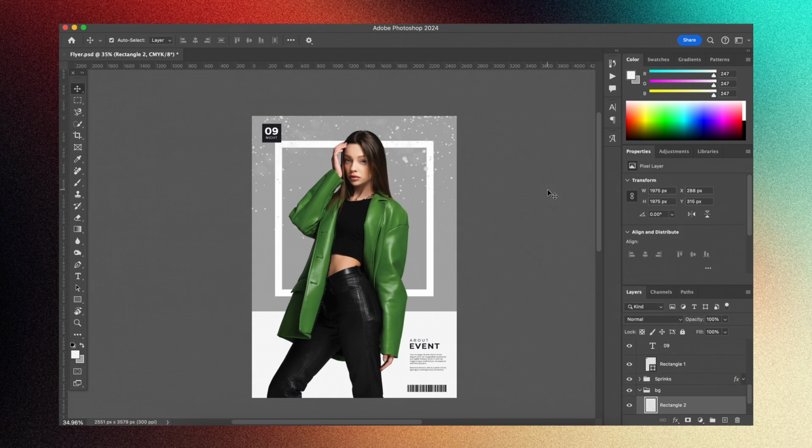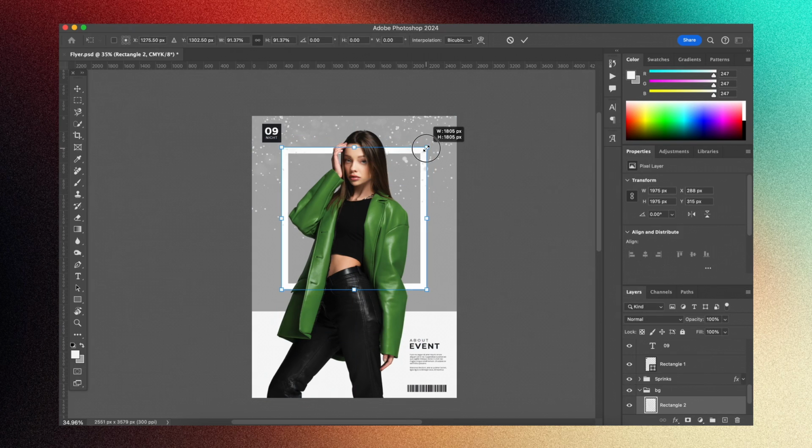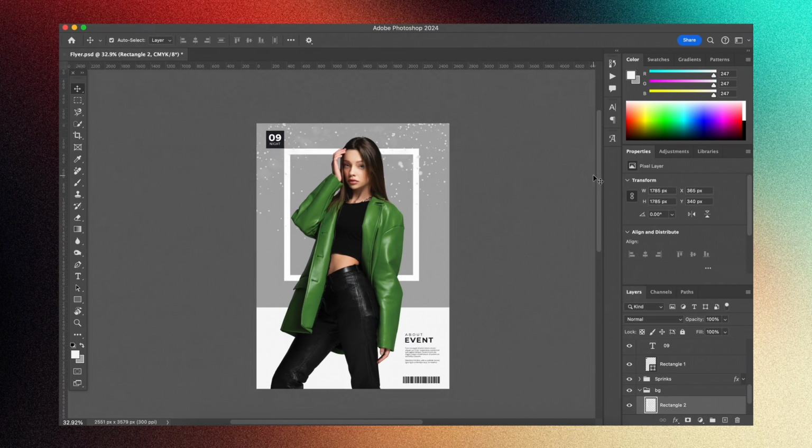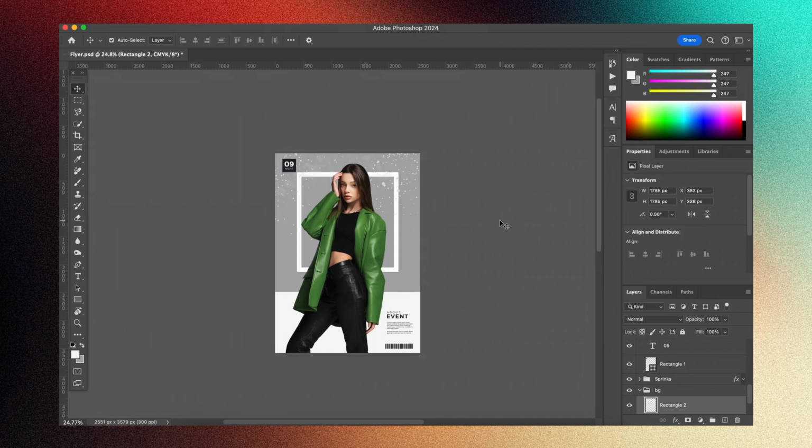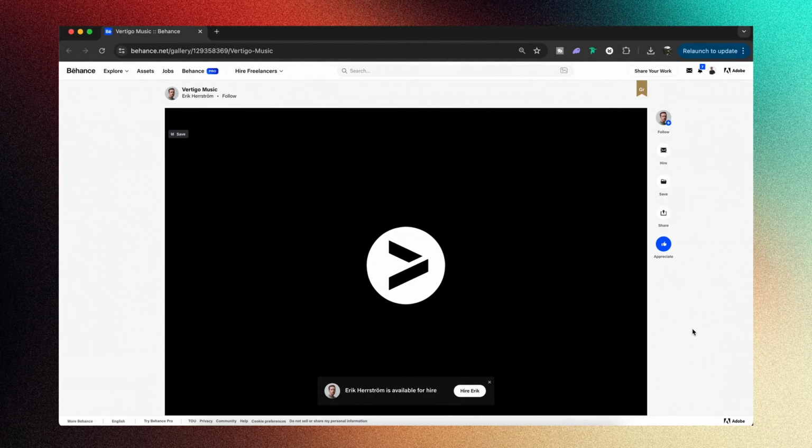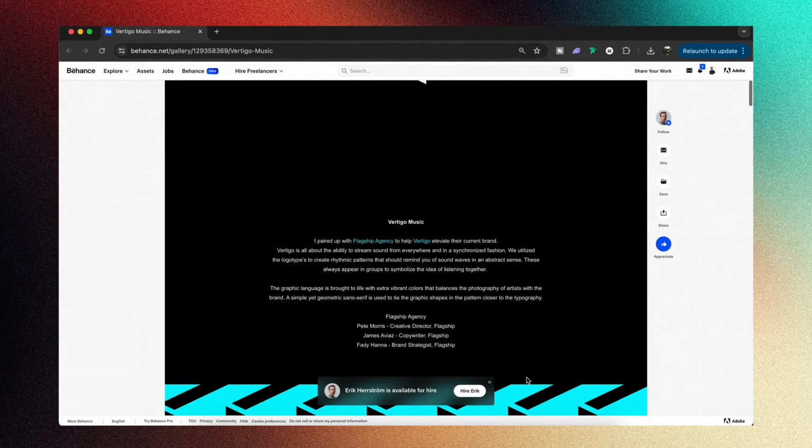Now, it breaks up the design and just adds more depth to it, and we can carry on and add more in the way of geometry elsewhere on the design. But this whole act of adding shapes can go way beyond the simplicity of this design layout as seen right here. So, this branding project for Vertigo Music is a classic example of a top tip when it comes to